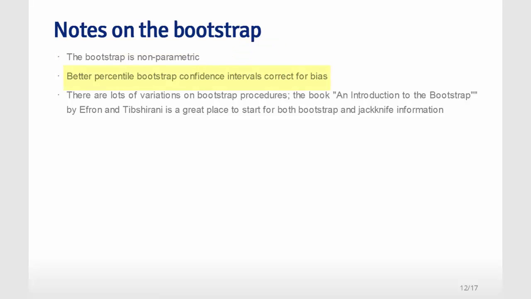The confidence interval that I showed you, just taking the 2.5th and 97.5th percentiles, is actually a somewhat poorly performing confidence interval, and you can improve on it very easily. The one I would recommend is called the bias corrected and accelerated interval, BCA interval, and it's very easy to implement in the Bootstrap package in R. You simply take your Bootstrap resamples and pass it through this function, and it just gives you the BCA interval. It's basically a quick little fix of what quantiles you take to correct for a bias.